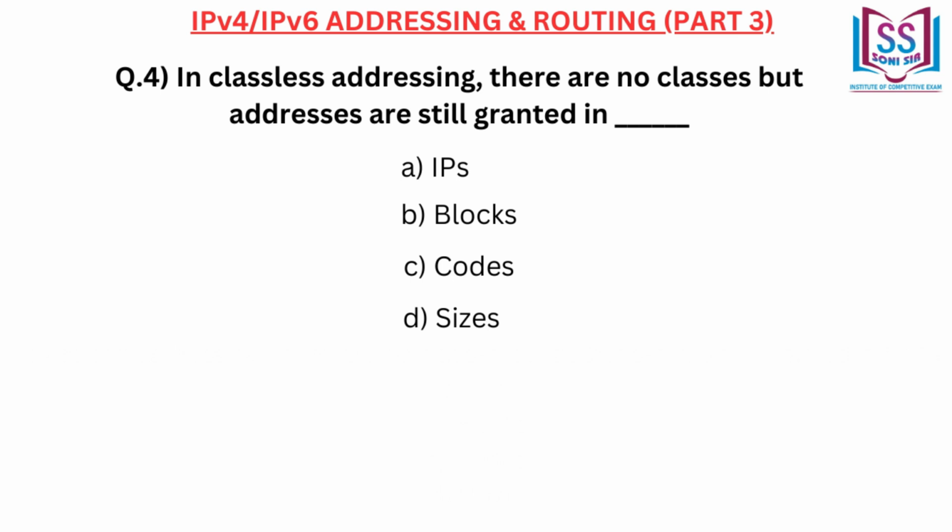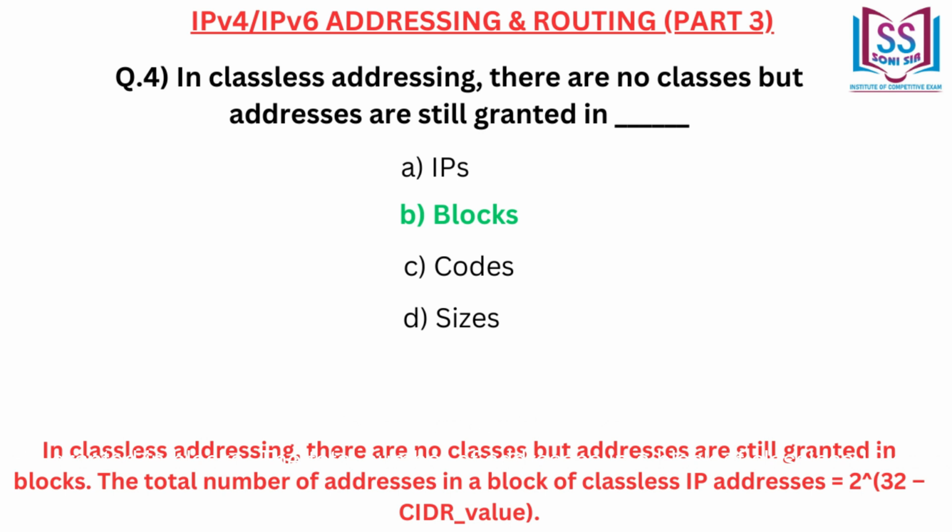A. IPs. B. Blocks. C. Codes. D. Sizes. Correct answer B. Blocks. In classless addressing, there are no classes, but addresses are still granted in blocks. The total number of addresses in a block of classless IP addresses equals 2 to the power of 32 minus